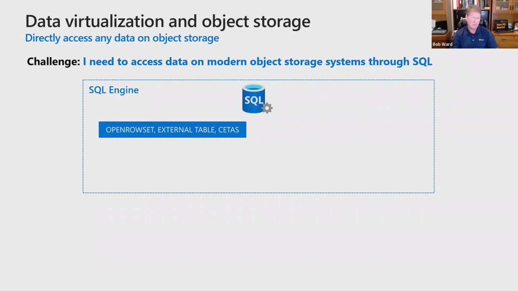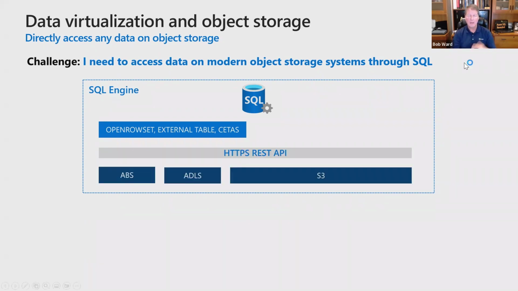We want to support those SQL constructs, but we want to use REST API calls now to do it. And we're going to put that inside the SQL engine, so it's very lightweight. So you don't need those PolyBase services anymore with ODBC drivers to access sources, because these sources are typically not ODBC driver based. They're typically accessed through REST API calls, things like Azure Blob Storage, Azure Data Lake Storage,